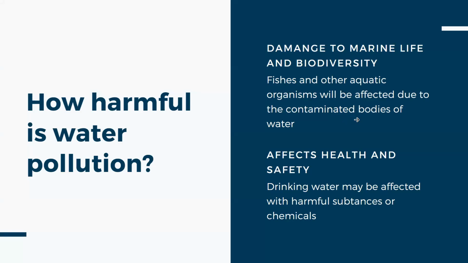Water pollution takes place when harmful substances or chemicals contaminate bodies of water, specifically rivers, lakes, seas, and oceans. So, one example is the most common water pollution among ships is oil spill. This causes a massive damage to marine life and biodiversity as it creates a negative effect on the growth of the fishes. So, why is it easily polluted compared to other forms of pollution?